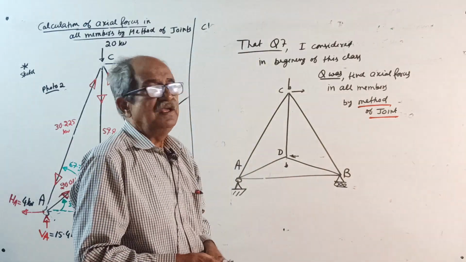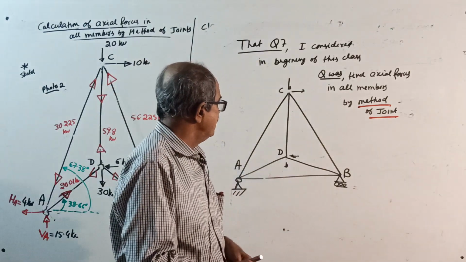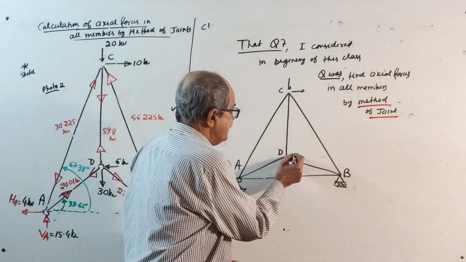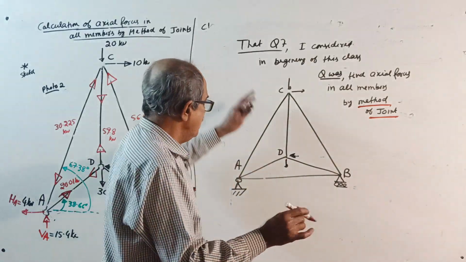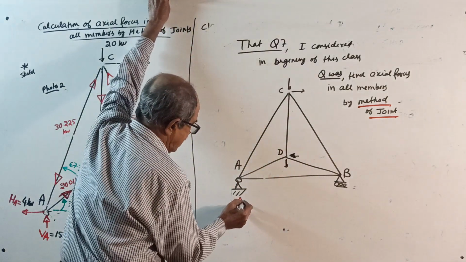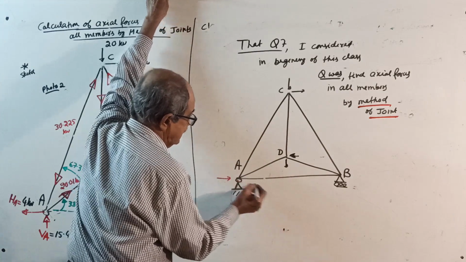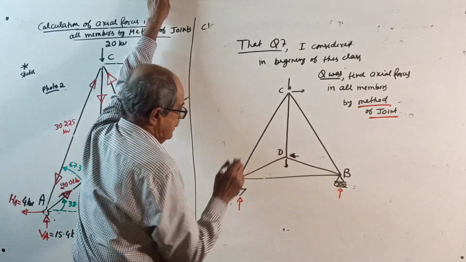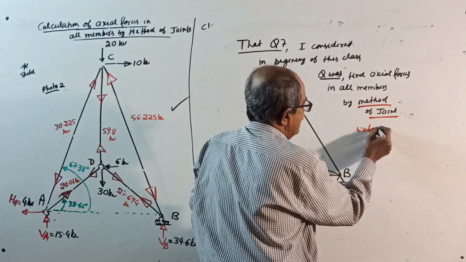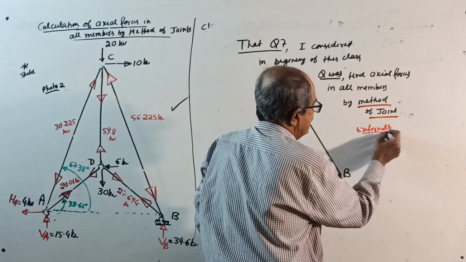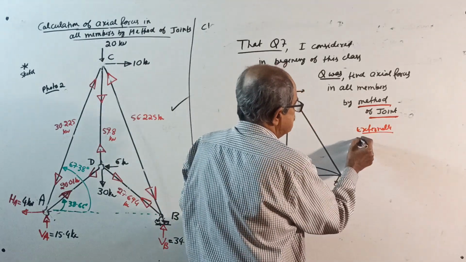Because, see, in case of pin joint frame, there are two types of static indeterminacy. One external, one internal. Okay, external means, see here, vertical reaction here, horizontal reaction here, vertical reaction here. So, externally,